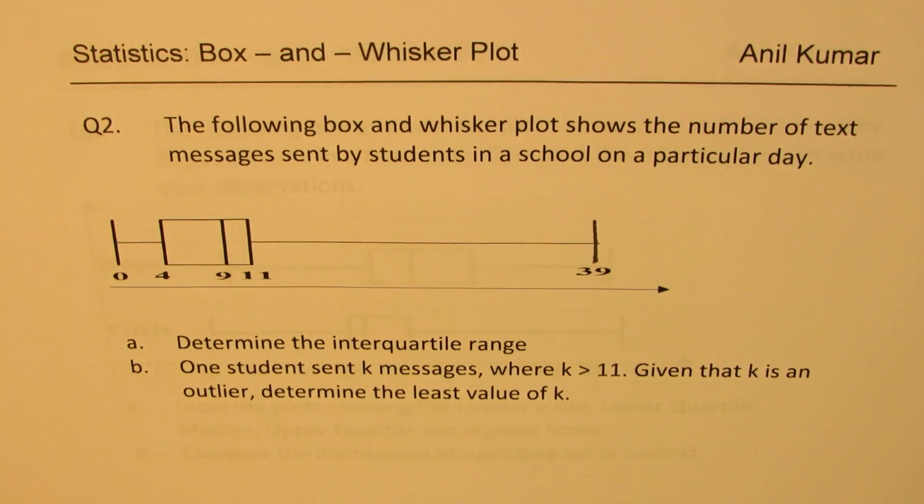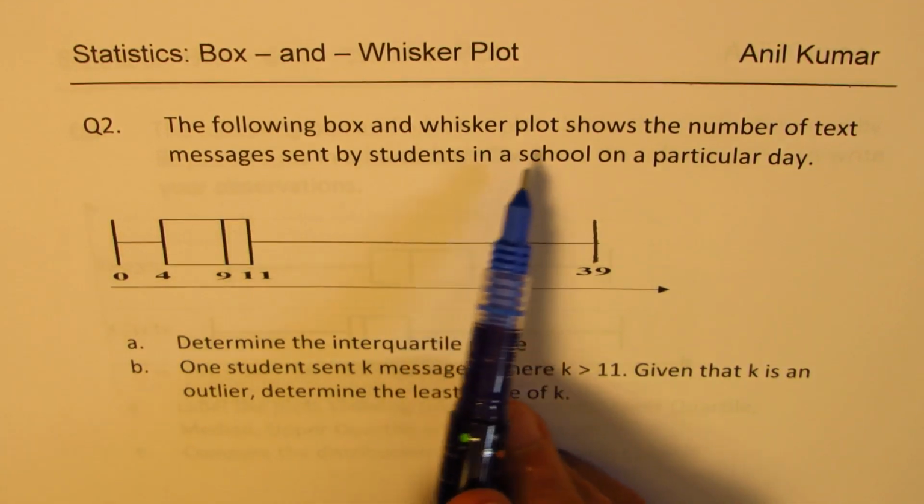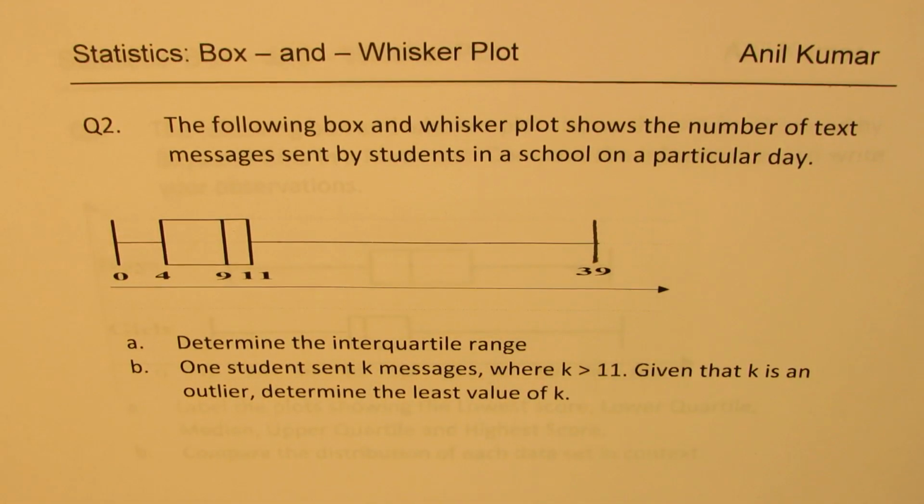Second question here is, the following box and whisker plot shows the number of text messages sent by students in a school on a particular day, right? So first question here is determine the inter-quartile range. So what is inter-quartile range? It is a difference between